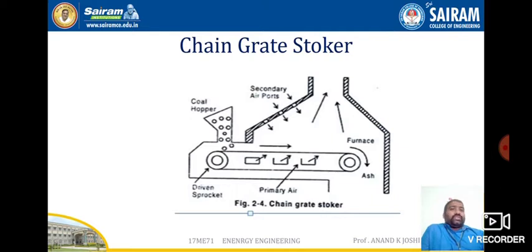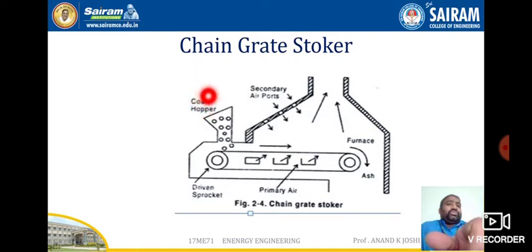As you can see in this figure, it travels from one end to the furnace and to the other end. The sprocket at the front end is driven by an electric motor, and the coal is fed at the front end through the hopper, which is carried by the chain to the other end, into the furnace. The air necessary for the combustion of the fuel is supplied through the air inlets below the traveling grate. So in this section you can see that